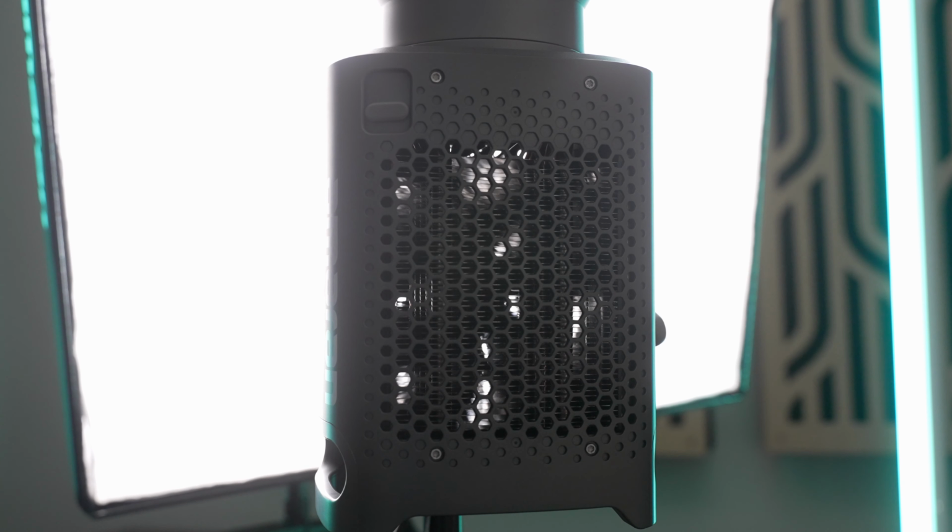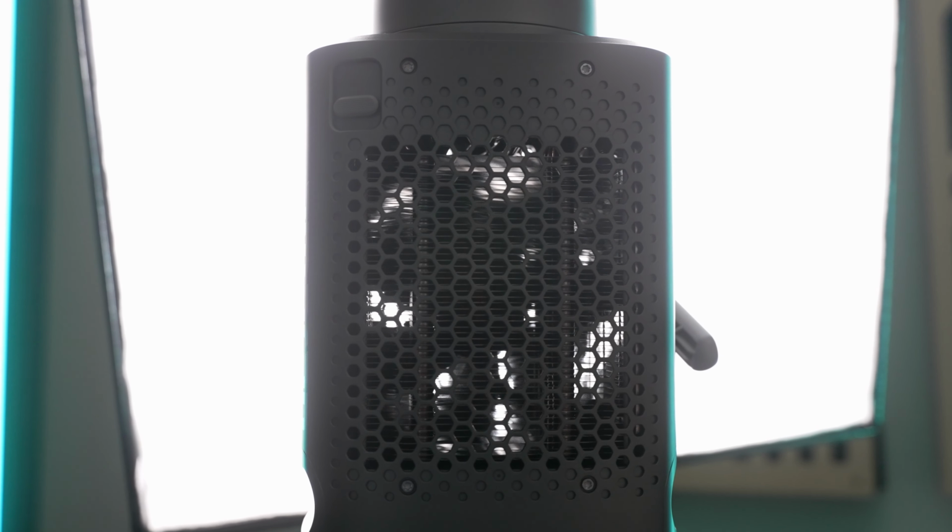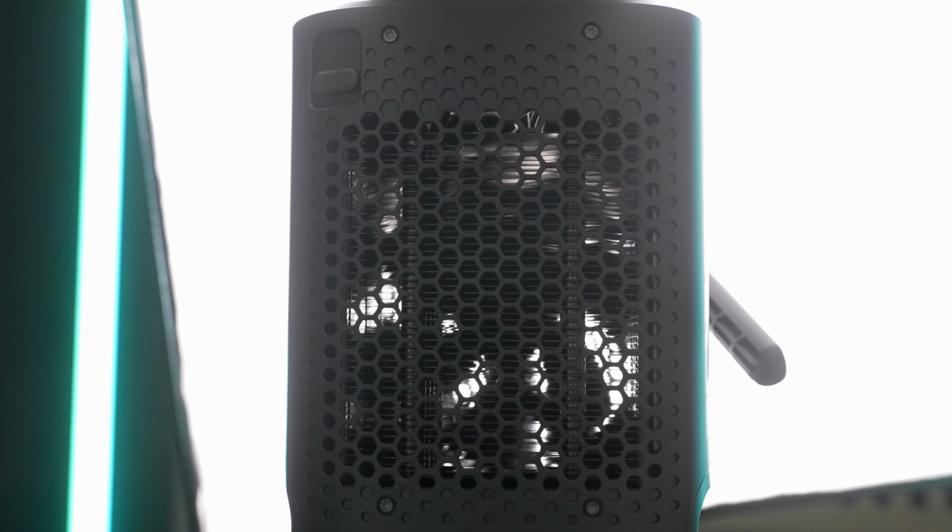The fan noise on these lights is pretty much identical to the average fan in all the lights that I test, and in my opinion, it's not going to be loud enough to affect your audio in any way. All of that sounds great, but doesn't really matter unless the color accuracy of these lights is good enough to